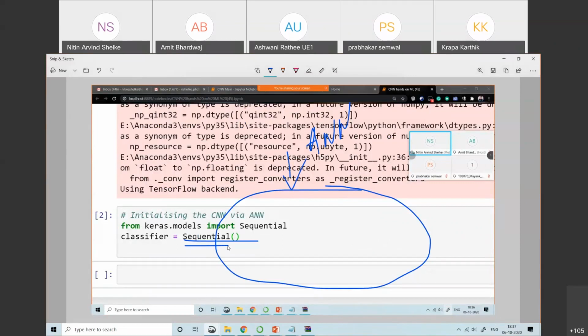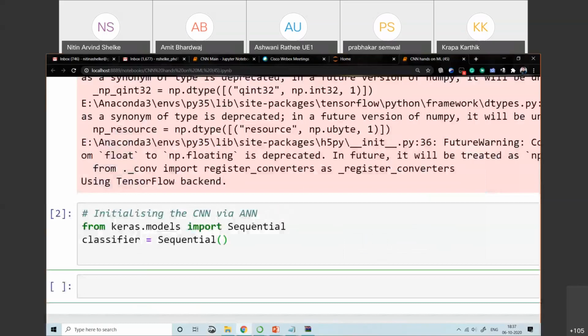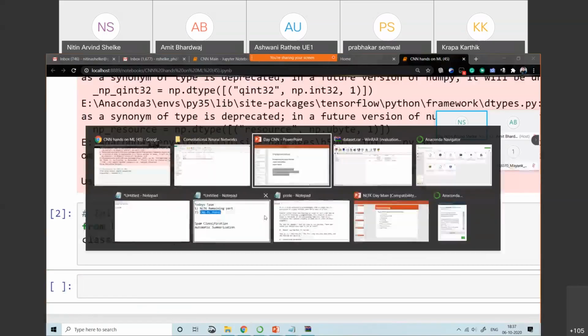If it is a convolution neural network, then we add the input layer, convolution layer, then the pooling layer, then the flattening layer, and the output layer. This is what we use for the CNN, and similarly for the RNN we use different layers. This is the way to initialize your CNN via ANN.